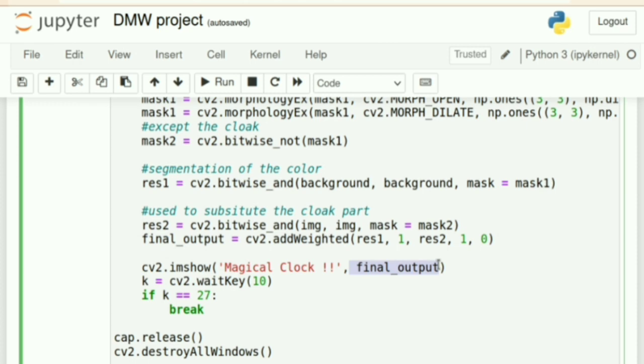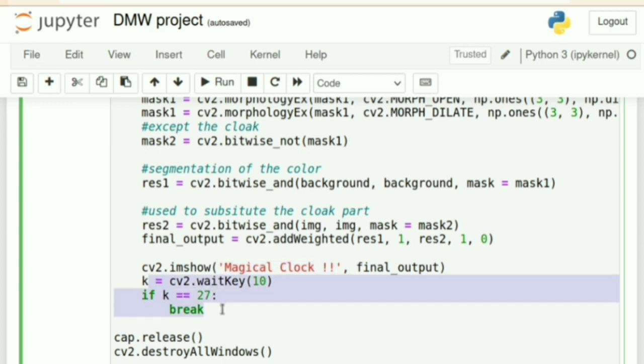So you have seen the output came in a window, and the window is named as magical cloak. Okay, so this is nothing but our frame name, the frame which comes, and for exiting from this loop, when you want to terminate our program, then you must give some exit key.